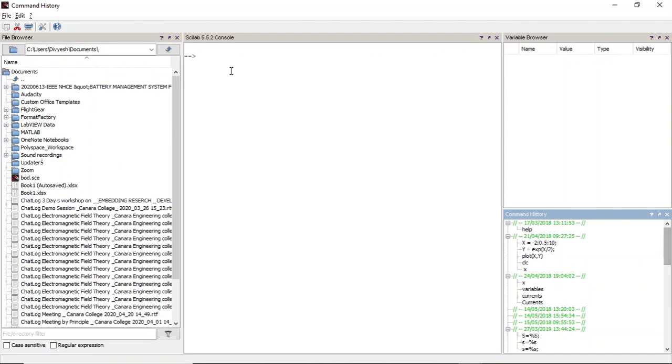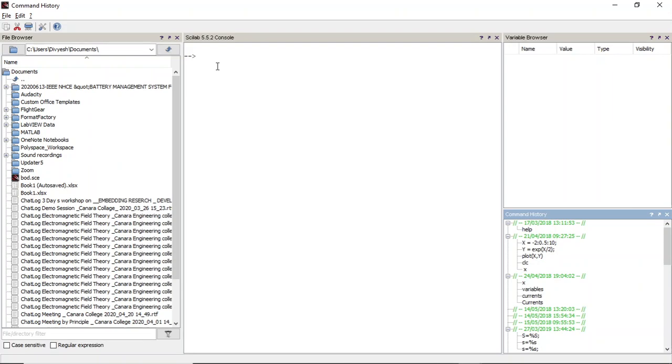So we will be mainly working with the console. The console is mainly used for making calculations. We will not be writing any program in the console. We will discuss that later, why we are not using the console for writing programs. So basically the console is used for making simple calculations. It's very straightforward. You have to just type a command and press the enter key.